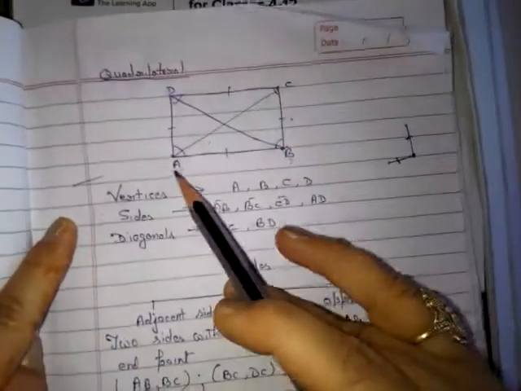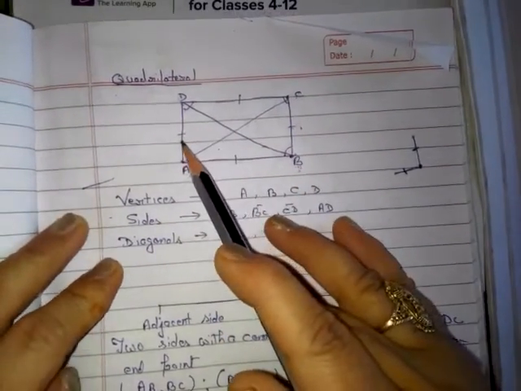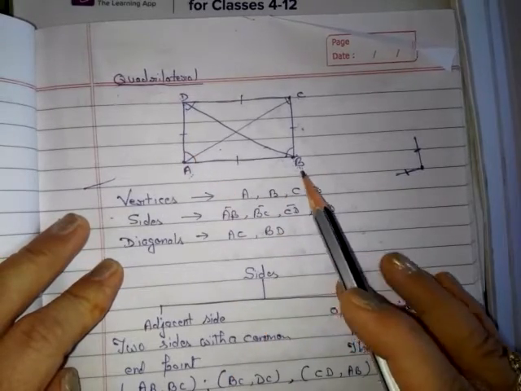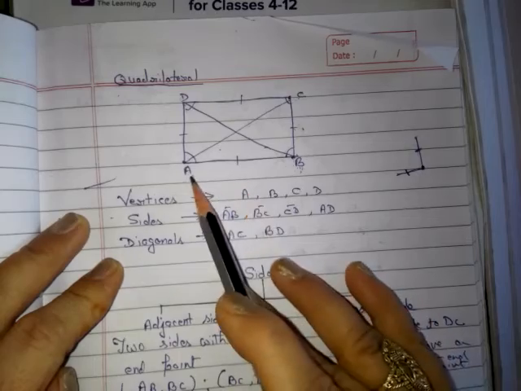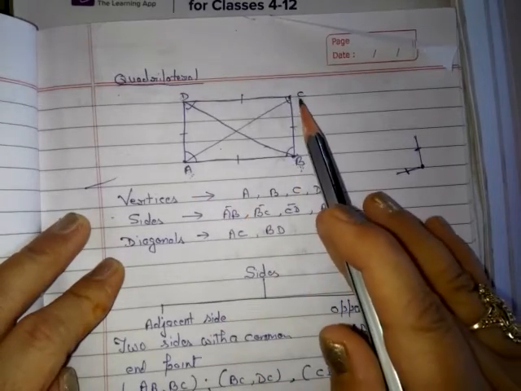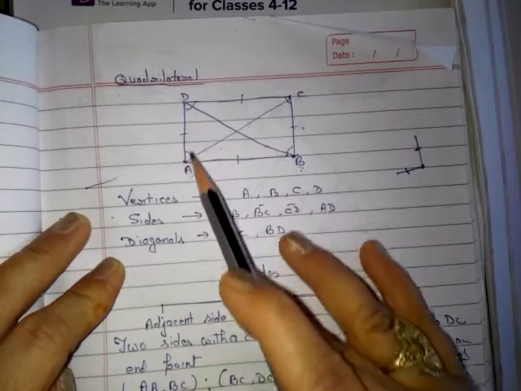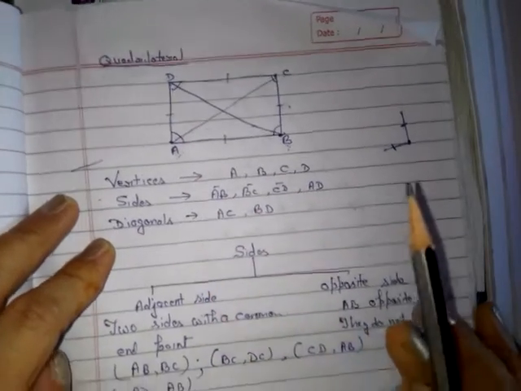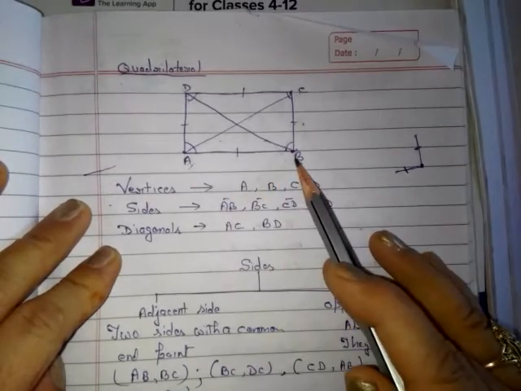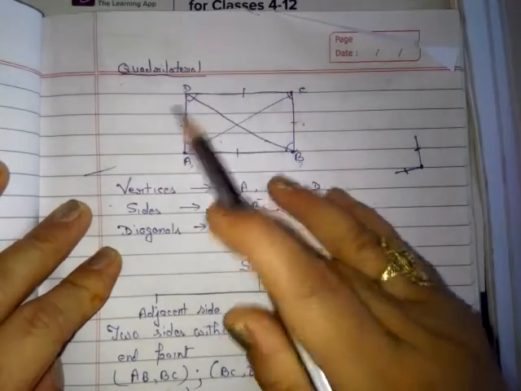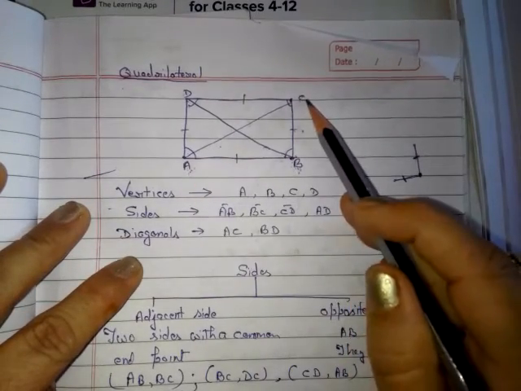See children, this is a quadrilateral ABCD. तो quadrilateral is made up of 4 line segments. देखो, the 4 line segments or sides are AB, BC, CD and AD. Okay, so quadrilateral has 4 line segments and 4 angles. The angles are angle A, angle B, angle C and angle D. Okay, 2 diagonals. Quadrilateral has 2 diagonals.